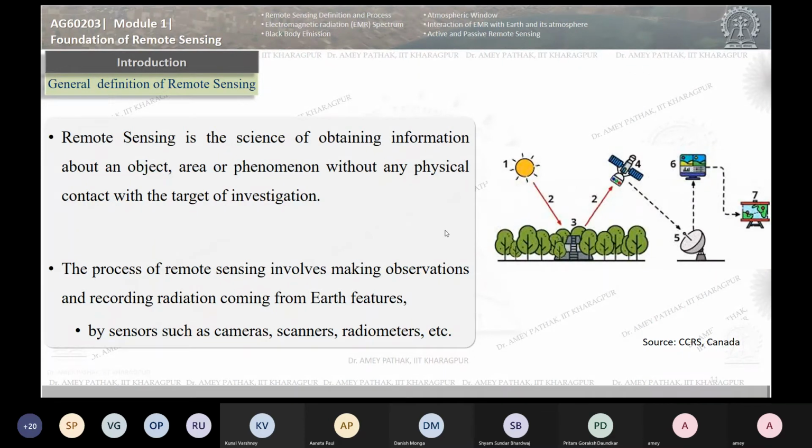In this pictorial form, the whole remote sensing process is shown. Light is incident on the object, reflected, and sensed by the sensor. You can see there are three sensors located on it, just for example purposes. These three sensors know how much intensity is reflected in each of these wavelengths, and that data is an electronic signal that is transmitted to the data server, which is located at some point on the Earth. Once we do some operations, we come to the data set, and that data set can be used in order to make some decision.